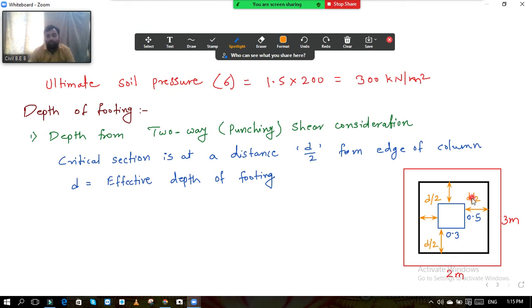So now once this column punches, after punching, which area will remain? This area will remain, which right now I am highlighting. This whole area, the black ink area, if it gets punched through the footing, then the outer area will remain. Okay, this area will remain. You need to understand this first: what area will remain to calculate the shear force.